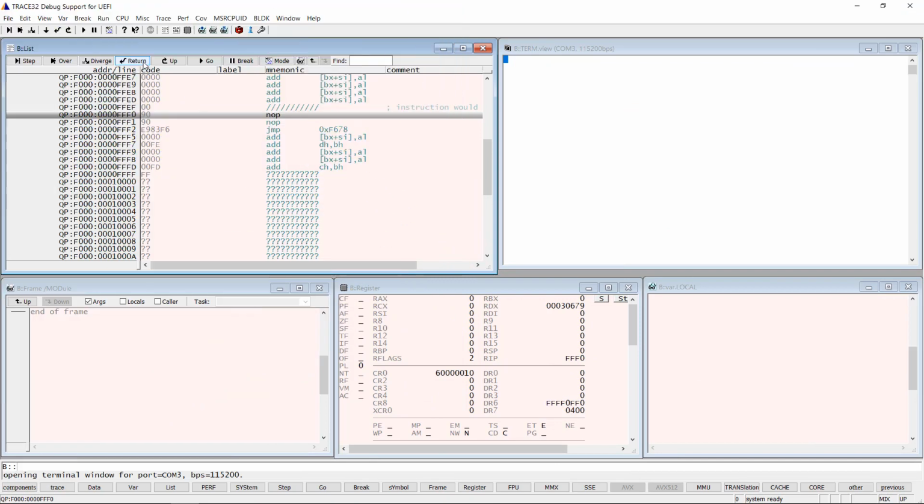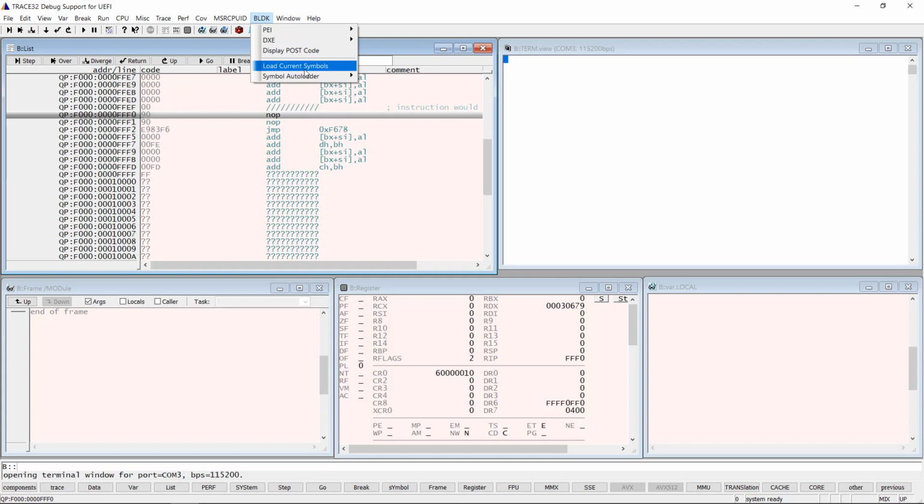But let me first give you some information about the so-called Trace32 symbol autoloader, which is a basic component of UEFI debugging in Trace32. The symbol autoloader is a Trace32 feature that can be set up for automatic loading of debug symbol files.